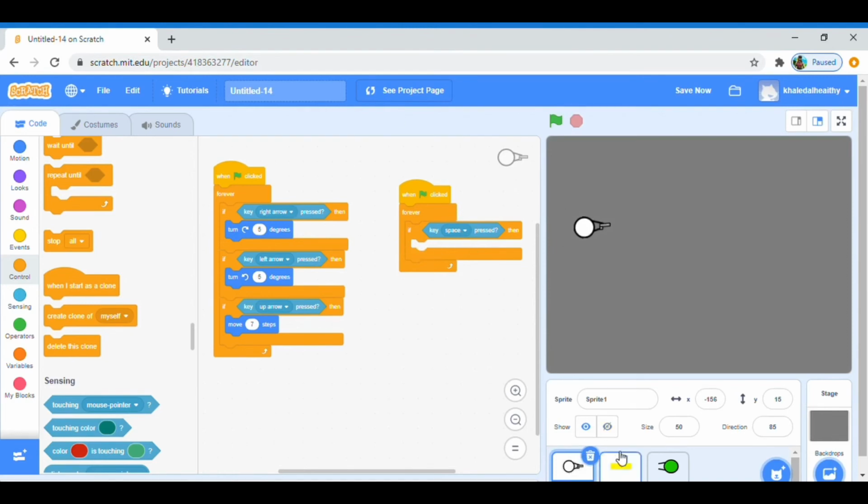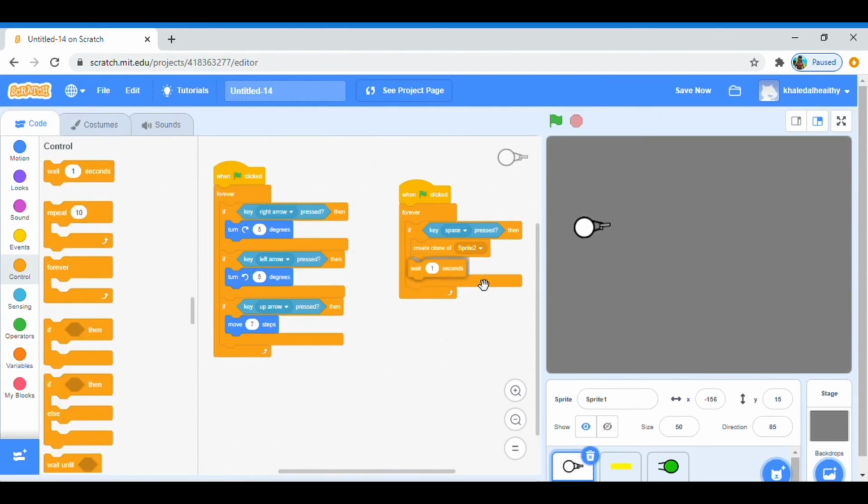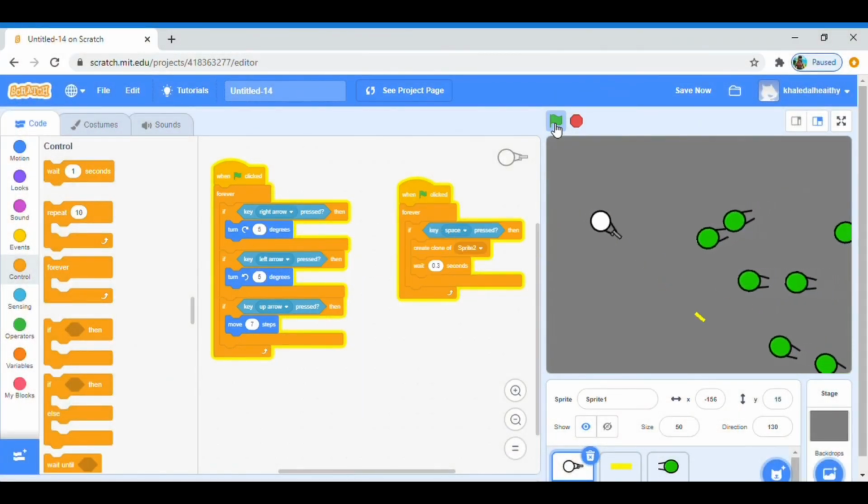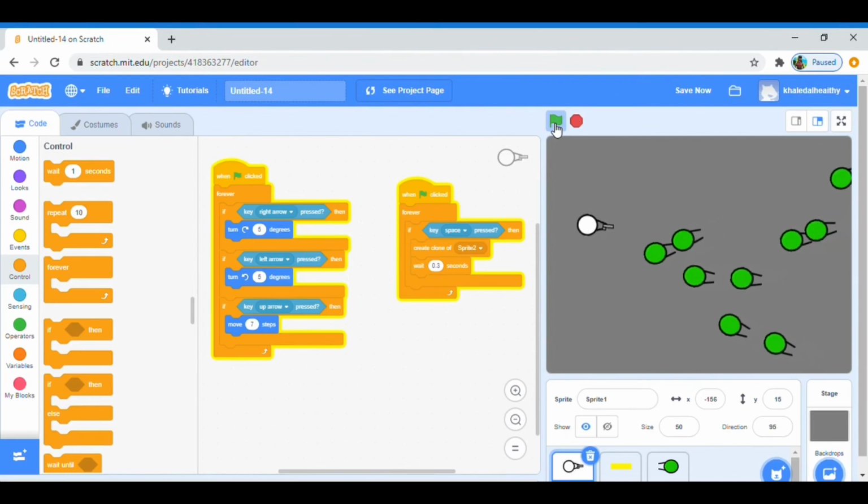So you want to go back to Sprite 1, and then forever if, and then create a clone of Sprite 2. And then you want to scroll, and then just wait 0.3 seconds. So now if you try that out, the zombies come to you. So if you shoot space, and just shoot it through the zombies, sorry, I'm very noob, the zombies,